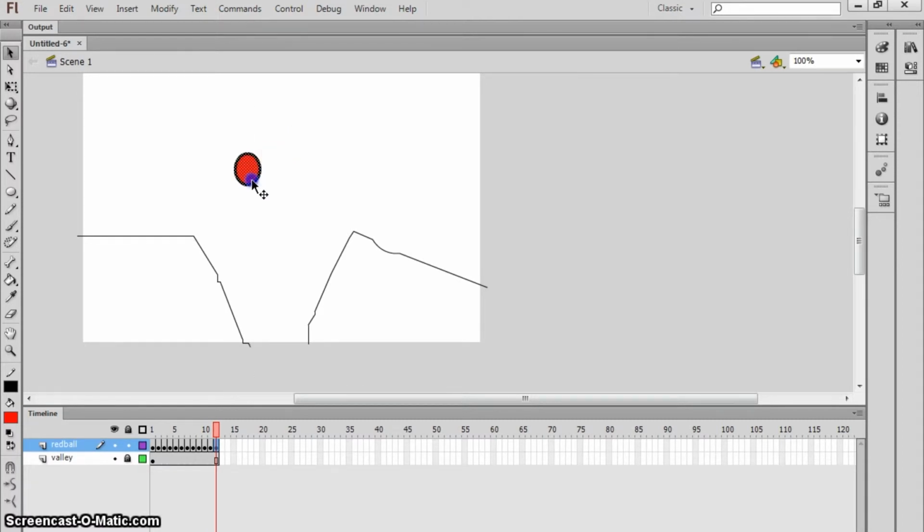Gravity. Is he going to make it? Of course he's going to make it. Come on. Come on, red ball. You can do it. He made it. What a hero. But, of course, as he lands on the ground, he's definitely going to just bounce up again